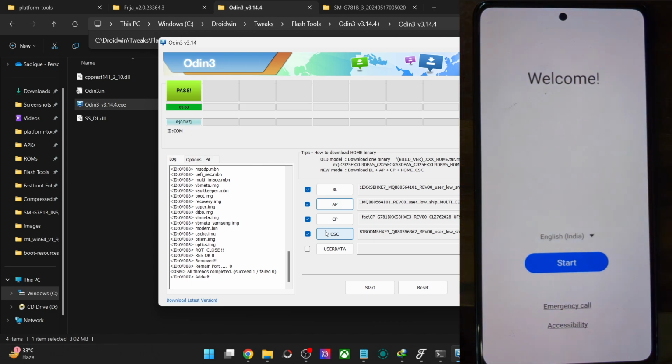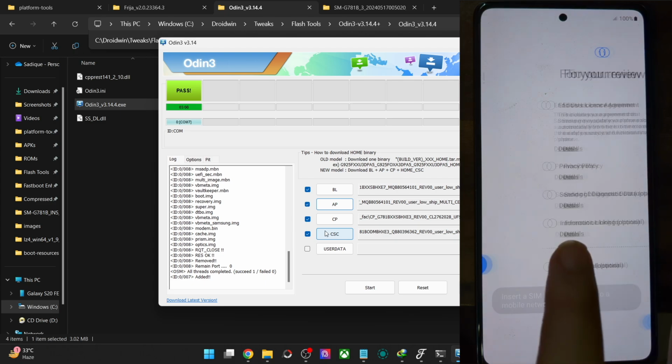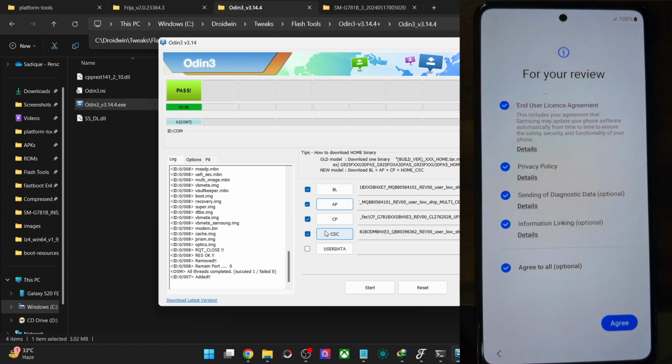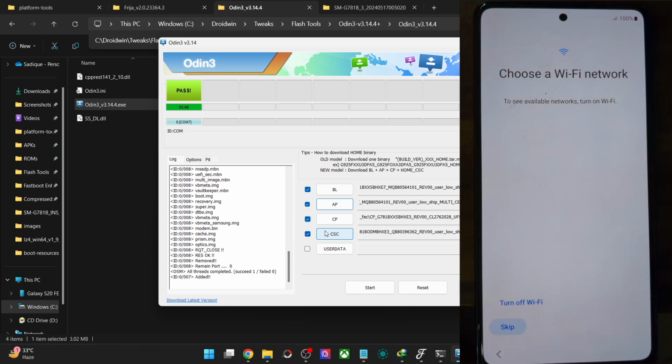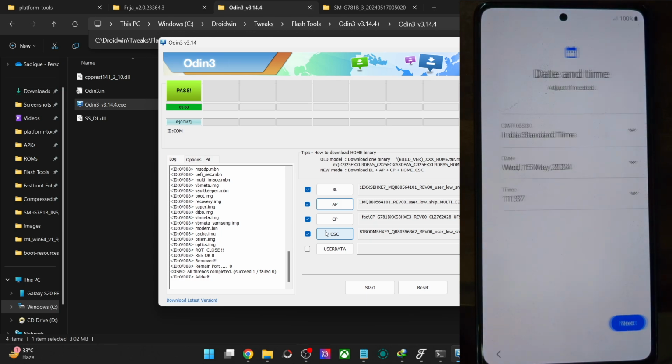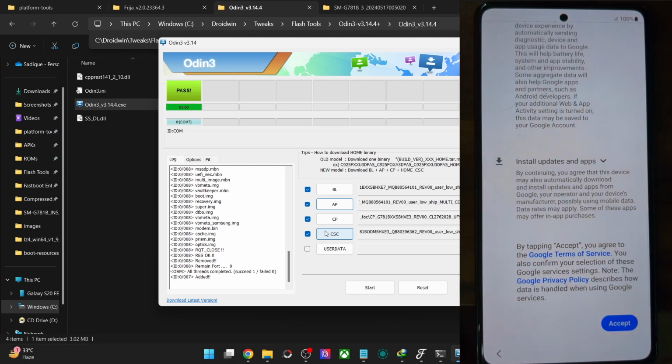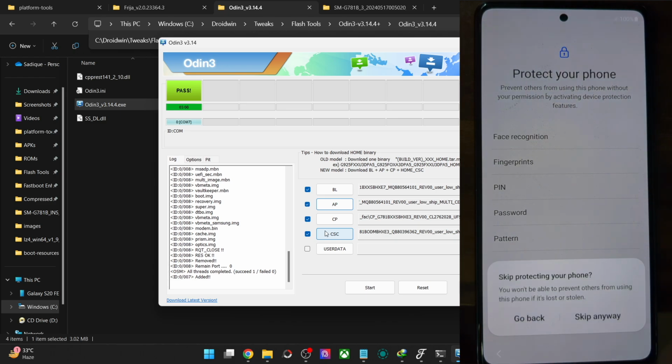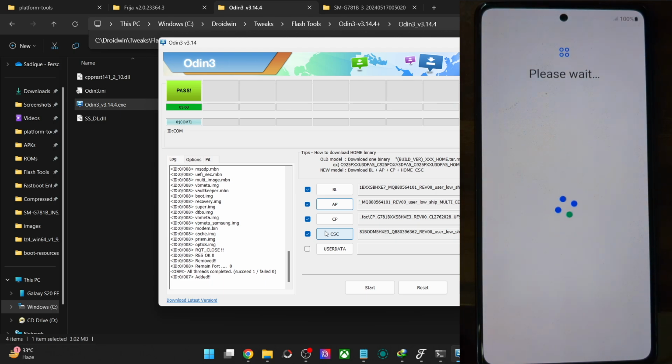So guys, the phone is now booted to the OS, and do note that it was stuck in the Samsung logo for around 45 to 50 seconds, which is quite a long time, but that's completely normal because we have done a factory reset. So don't worry if your phone is also stuck on that screen. This is just a one time delay. From the subsequent time that will not be the case.